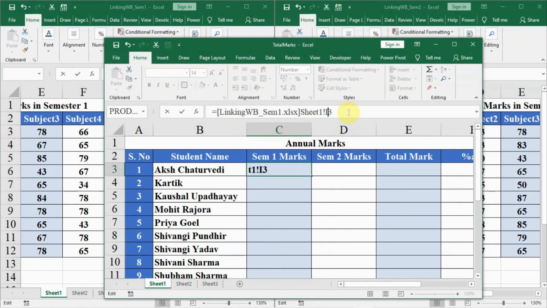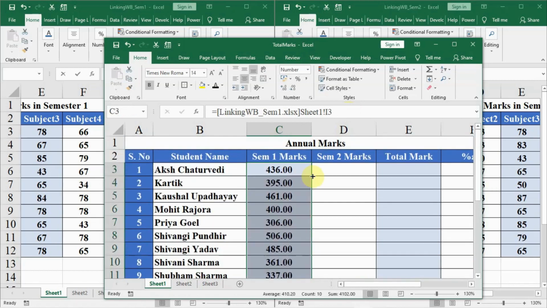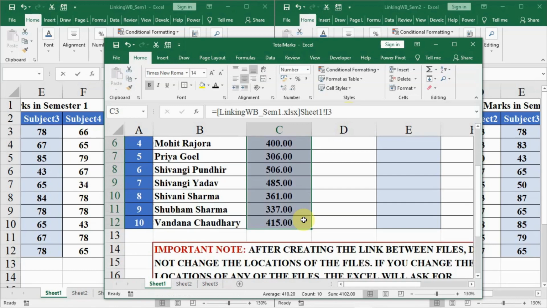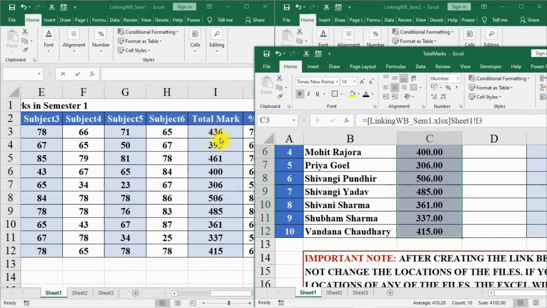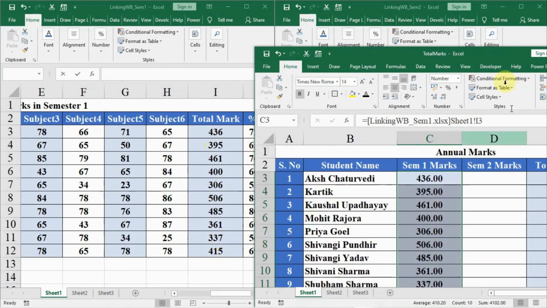Here you just need to understand that we have to remove these dollar signs and press enter. Now you can drag these marks, and you have the whole of the marks of the first semester. You can compare it. You see 436, and the last is 415, 415 the last marks, 436 the first marks.